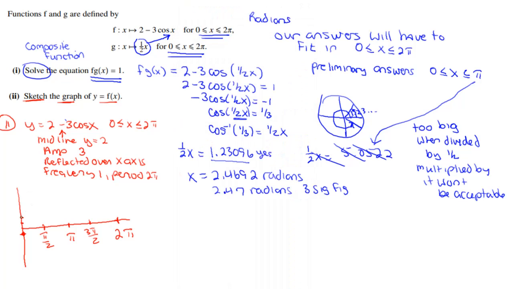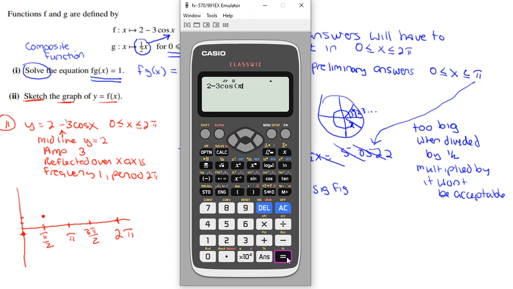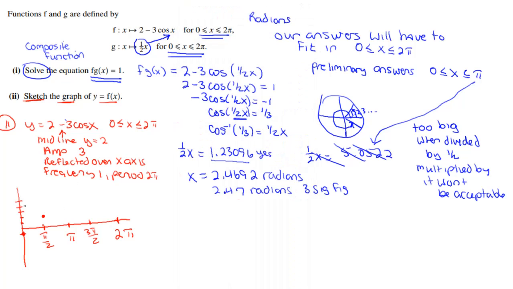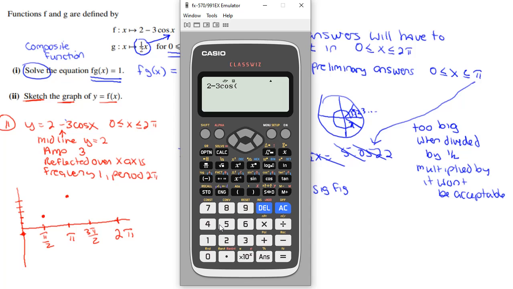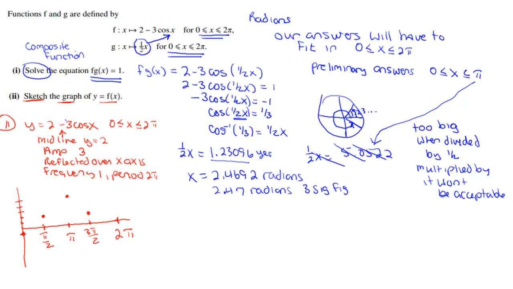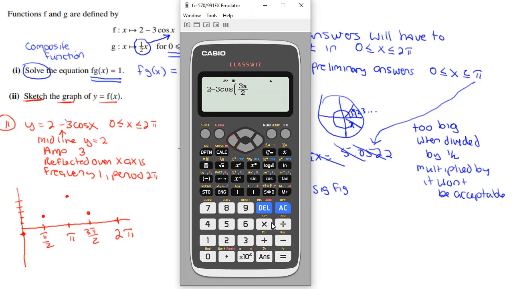And I'm going to get my second point, that's going to be 2. And then I put in my third point, that's pi, and that's going to be 5. And then I put in 3 pi over 2, and I get 2. And then I put 2 pi in, and I get my last point,